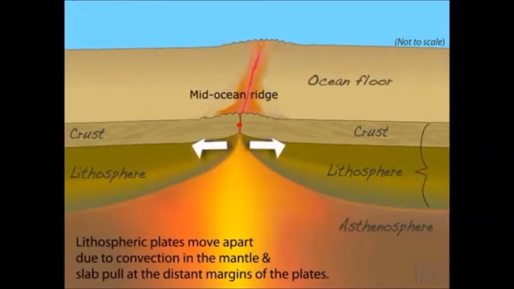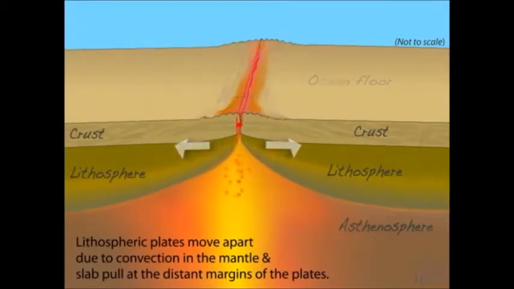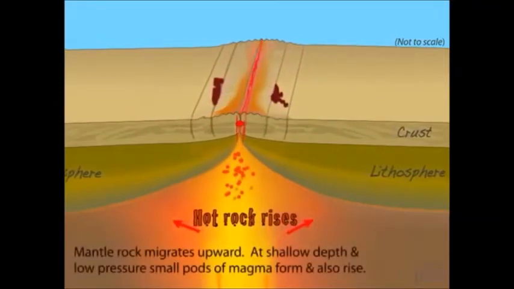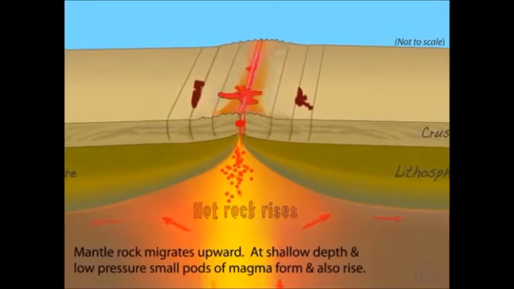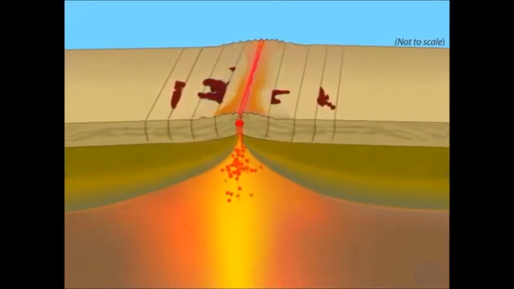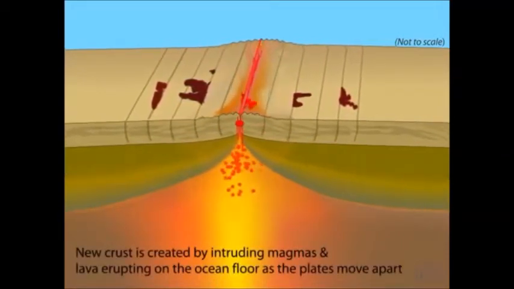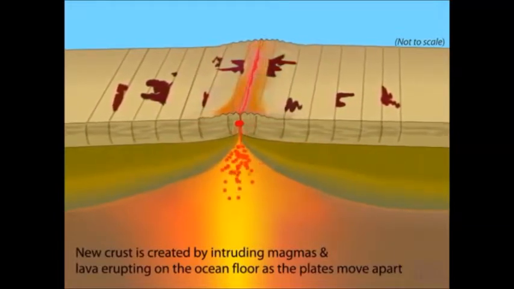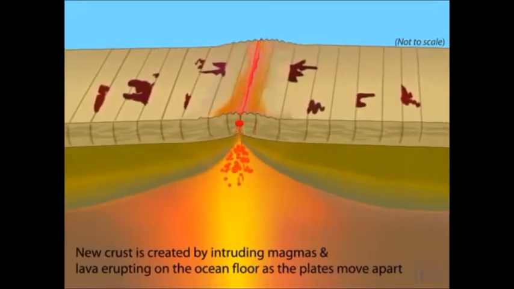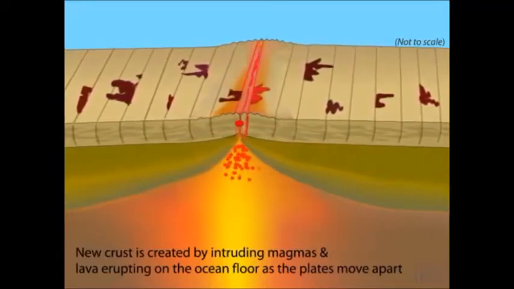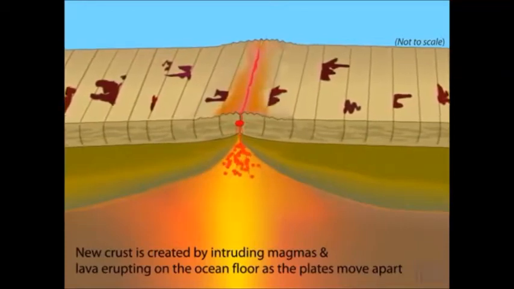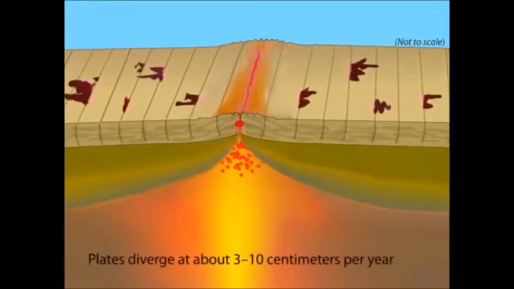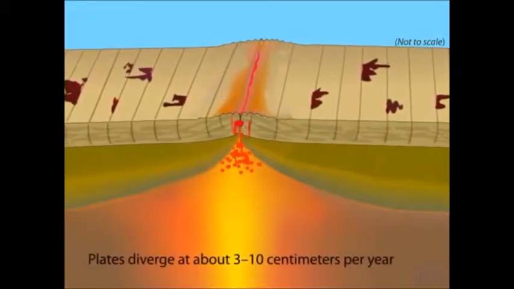Constructive plate boundaries are where you have two plates moving away from each other. When this happens, these two plates create a gap between them. Now, this gap must not be left alone. Nature has its own way of maintaining itself. Magma from underneath will rise up and fill that gap, then cool down and solidify as lava, and then it forms a new crust. In other words, it forms new land.